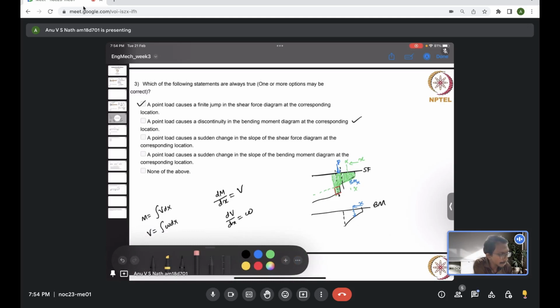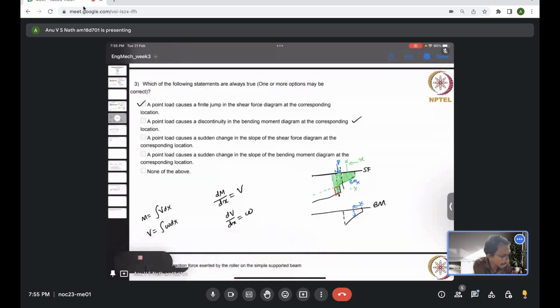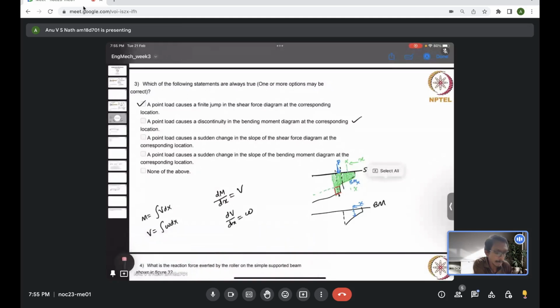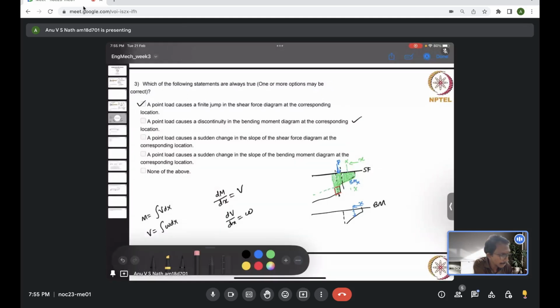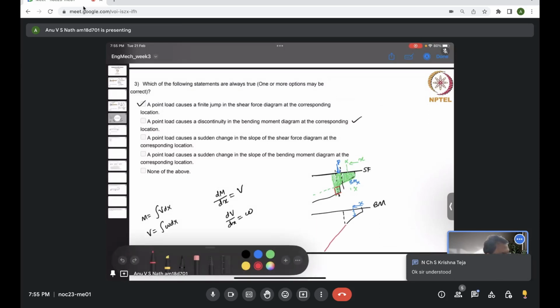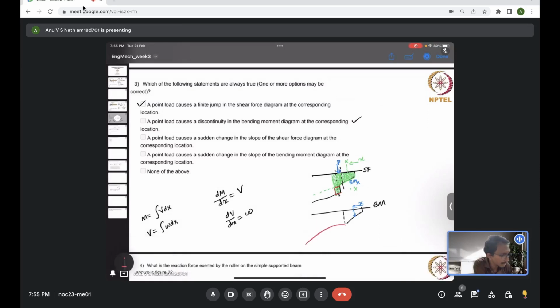So let's say until now the bending moment was something like this. After this point, once the point load has acted, its slope will change and it will continue to be a piecewise continuous function. It won't be a discontinuous function. That's what I wanted to say. I hope that is clear. Okay, I drew this wrongly, so it will just continue something like this. It's drawn wrong, but I just want to convey the point that only the slope will be